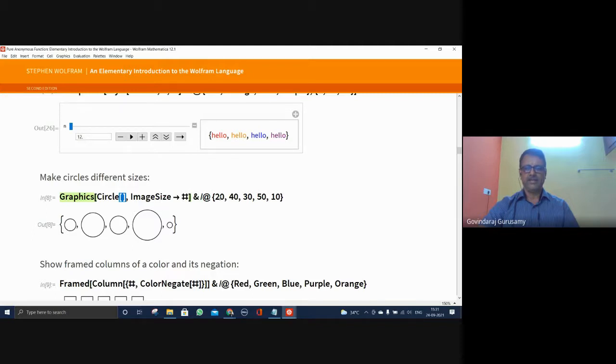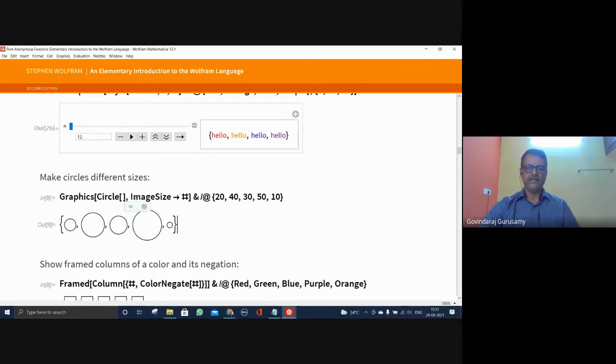And you can make it as hash here. And that you are varying, like image size is 20, 40, 30. See, small, 20, what is this? Yeah, that's right. 20, 40, 30, 50, 10, all possibilities are there.